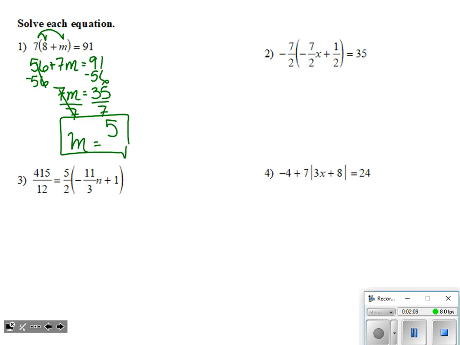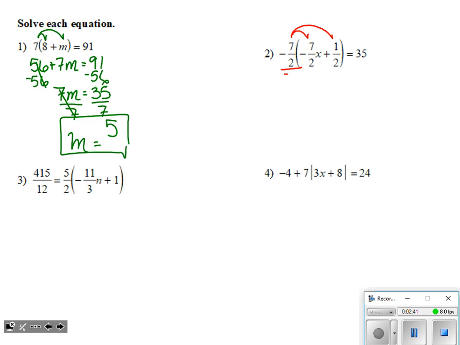Problem number 2, if you look at that, it's a similar setup as problem number 1, where it looks like just a distribution problem, but there's a little bit more happening because of the fractions. They make this problem seem much more intimidating than it actually has to be. So here's what I'm going to do. It's a little bit different. Instead of distributing this 7/2 into the problem, that's just making my fractions a little bit more intense. It's totally possible. I'm not going to take that option away from you, but I'm going to suggest this instead.